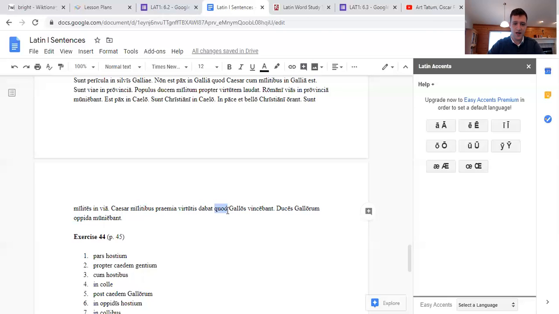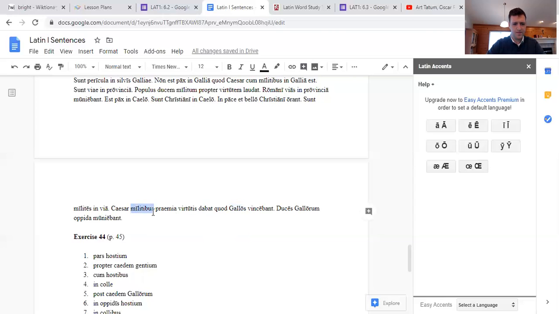Now we have quod, because, and then everything from quod till we hit the next verb is a subordinate clause. So Caesar was giving the rewards of excellence to the soldiers because vincebant. They were conquering. Third plural imperfect active. Now what makes sense as the subject of the subordinate clause? Well, it's going to be militibus. This is a little tricky, but it's the only thing that makes sense. He was giving rewards to the soldiers because they, the soldiers, were conquering Gallos in the accusative plural. Were conquering the Gauls.